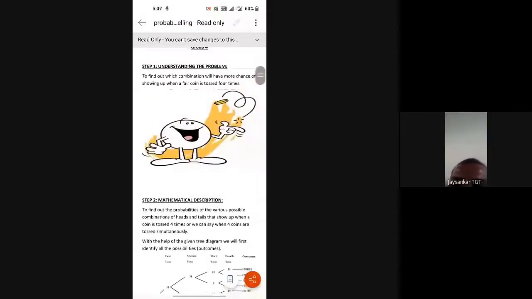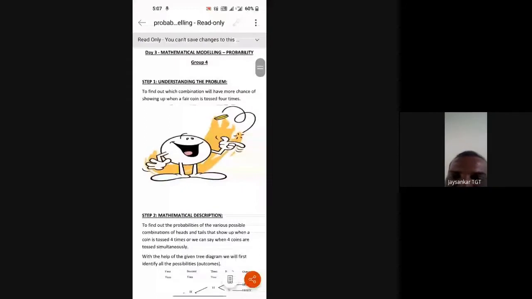Good evening, one and all. I am Anuja Sharma from group 4, and I'm presenting a mathematical modeling based on the concept of probability. We introduced probability to the children in class 7, and it continues in higher grades, till 12th also. But I'll restrict it to my knowledge basically. So I have formulated a problem,